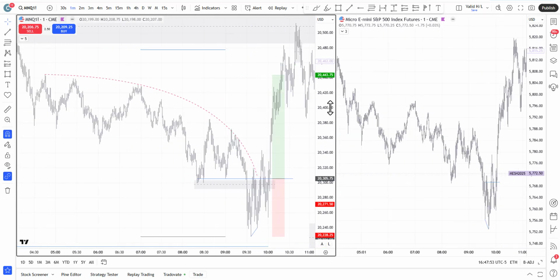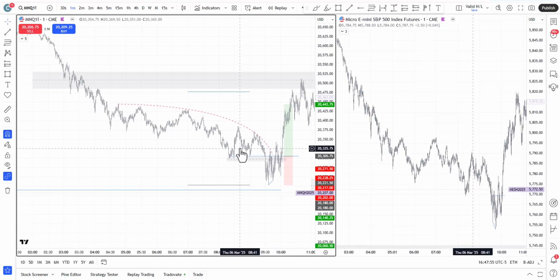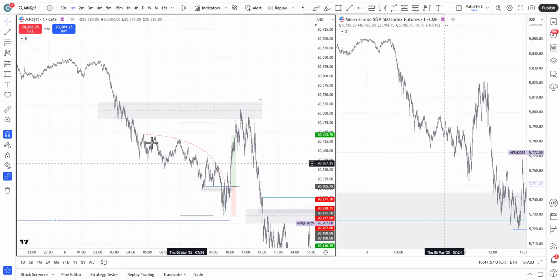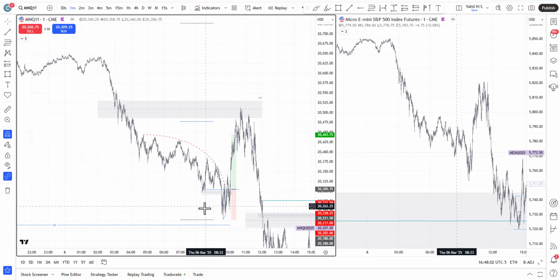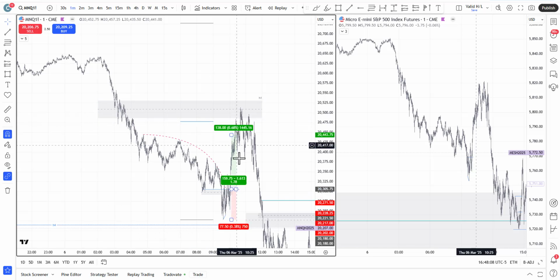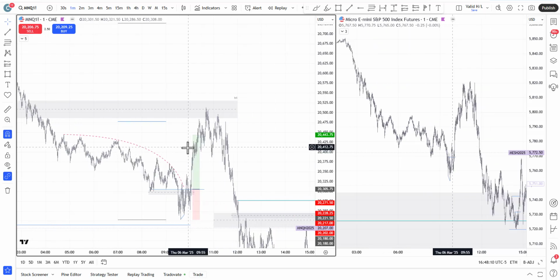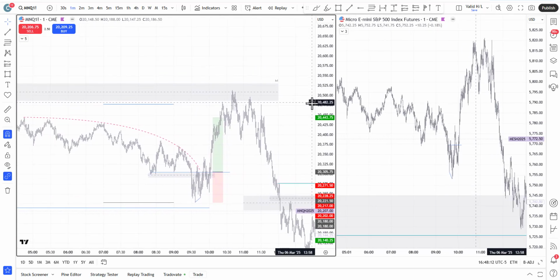But of course you have confluence here with the H1 level, which is a bit less clear, but taking into account you wanted to go to the EQ of the last move, then you could target this move as well, maybe for a run. So this is the first setup. Then what price did,